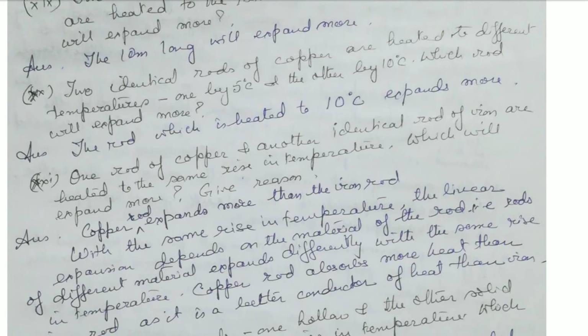In this case also, the linear expansion of a metal rod depends on the temperature. With the more rise in temperature, the length increases more. With the less rise in temperature, that will increase less. So the rod which has been heated to 10 degrees centigrade will expand more. Then